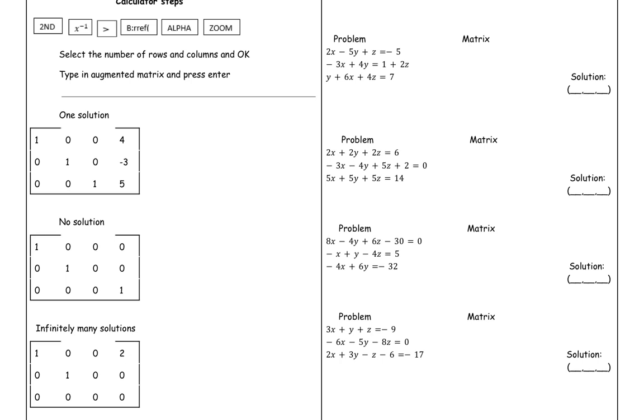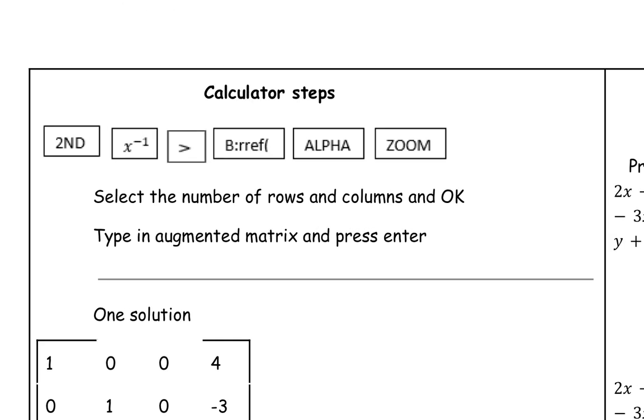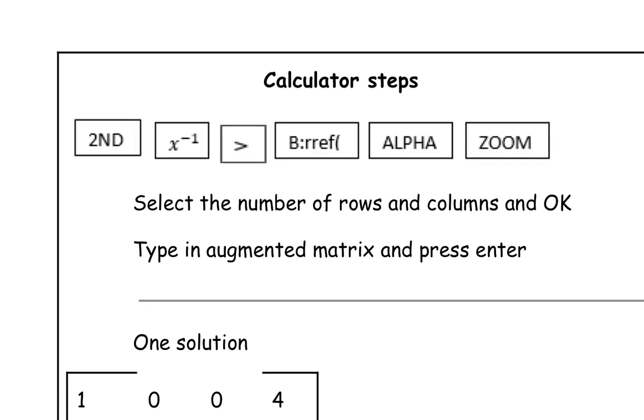Okay, so I'm going to show you how to do the matrix on the calculator, what steps to follow. I didn't print out the steps here, and it would help to actually see how they look on the calculator. For example, second is a blue button. It's the only blue button on your screen, so it's really hard to miss. X minus 1 is the one under the word that says math. It has the word in blue that says matrix